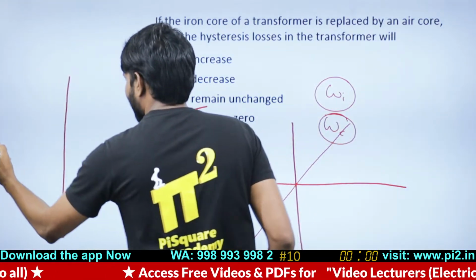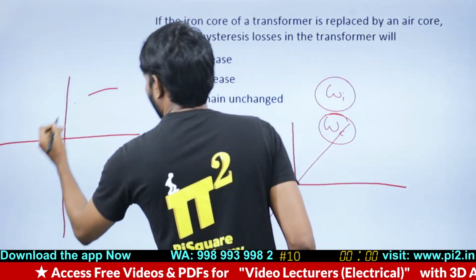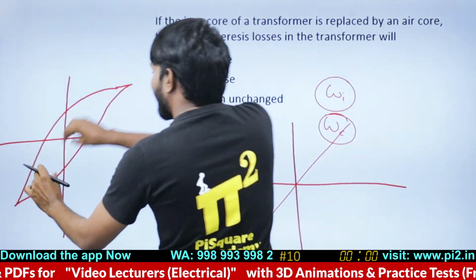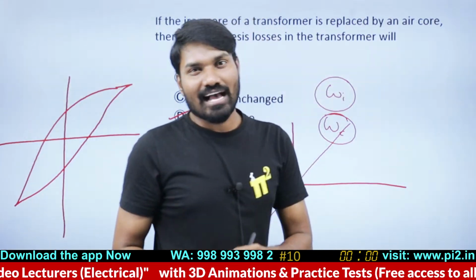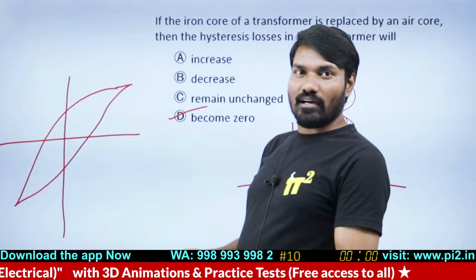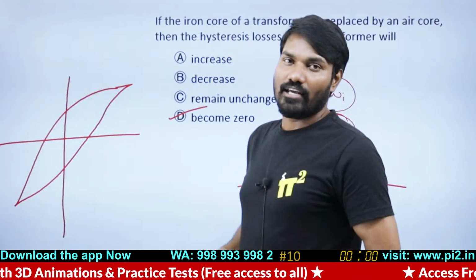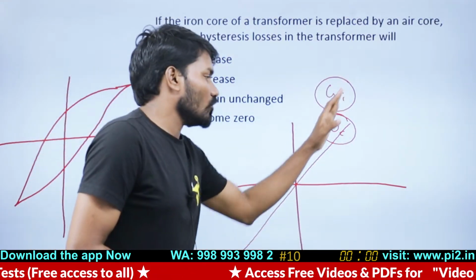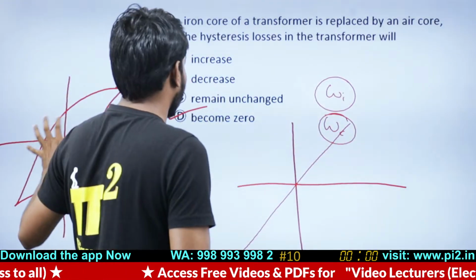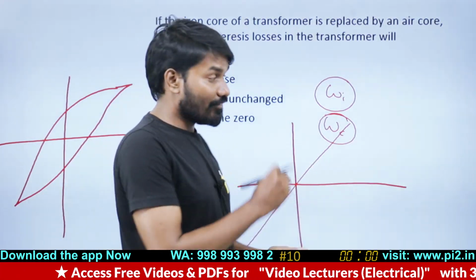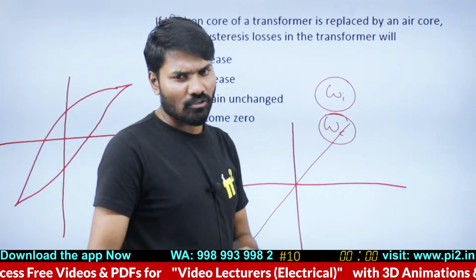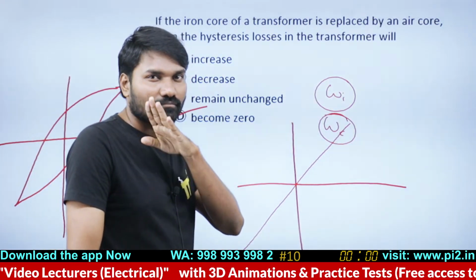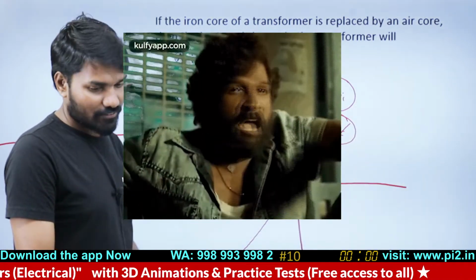Usually, the hysteresis curve will be something like this, and the area under this loop is the hysteresis loss. If you have a bigger stomach, then high losses. Thinner stomach, then low losses. No stomach, no losses. No area under this curve, no losses. I have explained this with a beautiful animation in the course. Any critical concept, without any compromise, beautiful animations will be there.